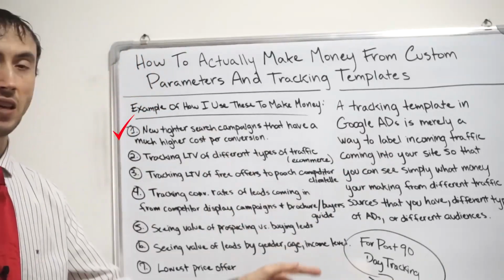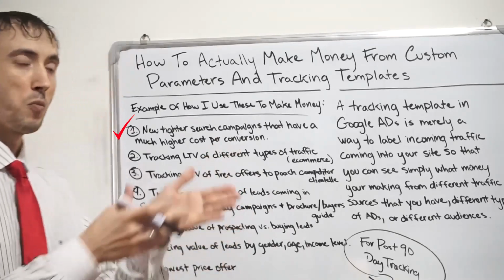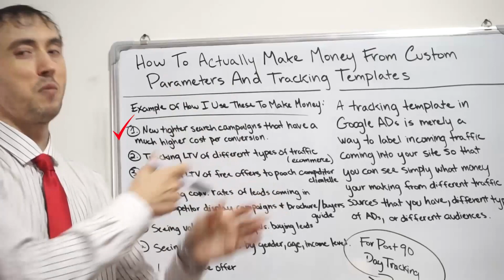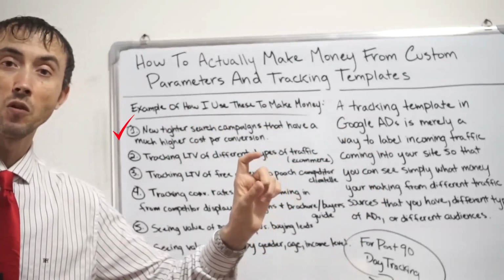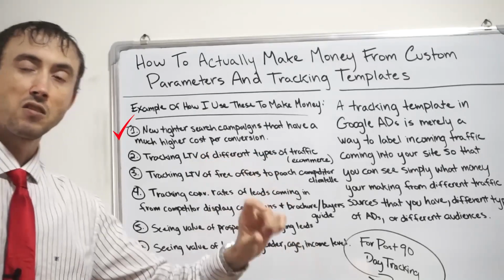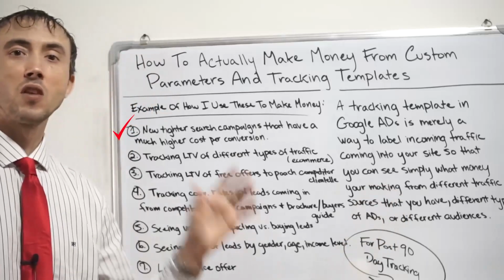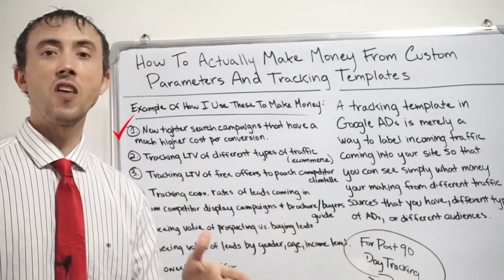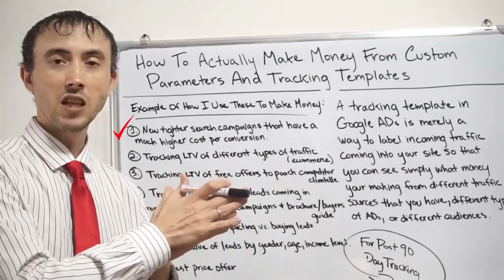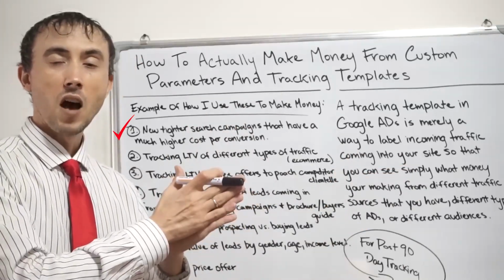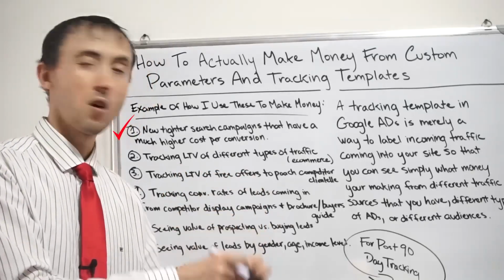Whereas with the tracking templates, you could have a tracking template and it's just binary at that point. You could put Corey's campaign, our campaign. So every single lead that comes in, if it's coming from our Google Ads, it'll say along with it, Corey's campaigns or our campaigns. So that eventually all they have to do is go back the last 90 days and see how many sales came in from our campaigns, how many came from Corey's campaigns, by seeing if the label says Corey's campaigns or our campaigns,